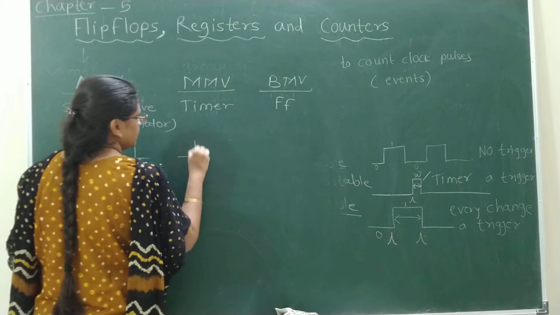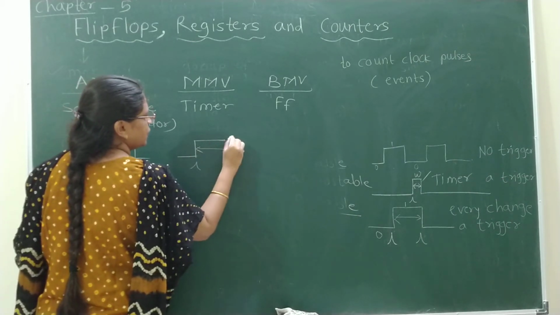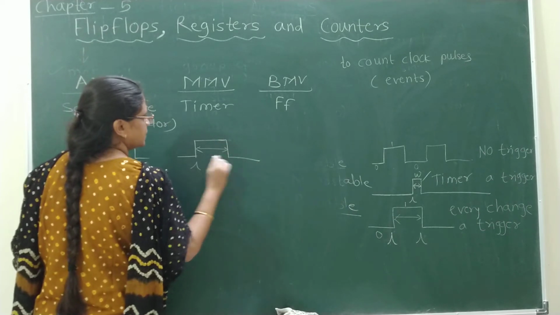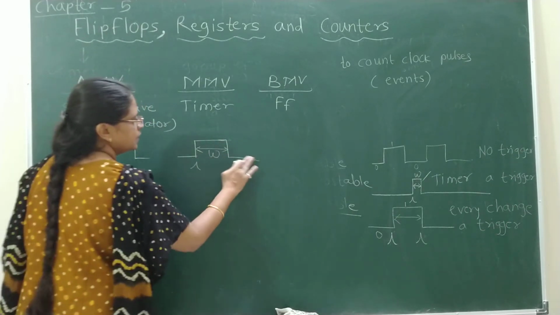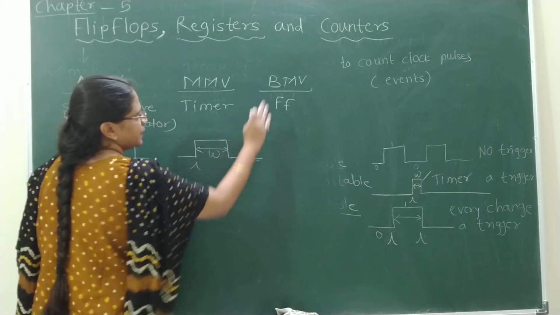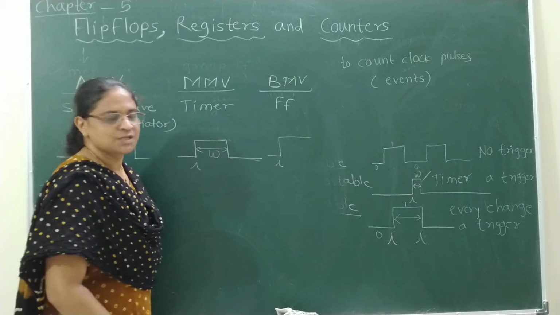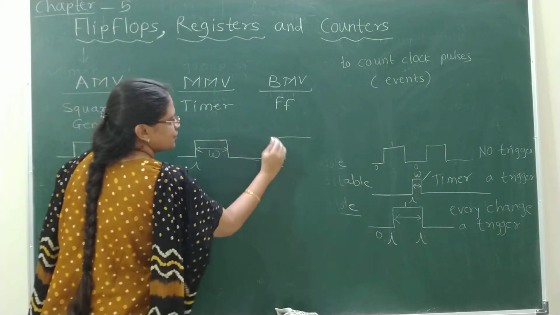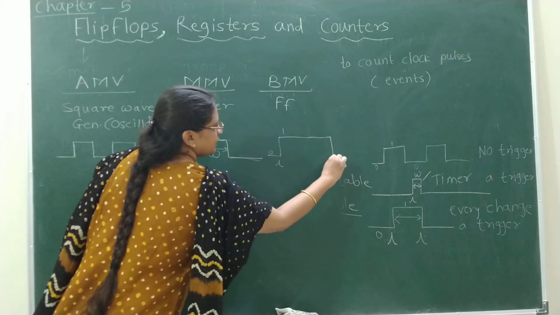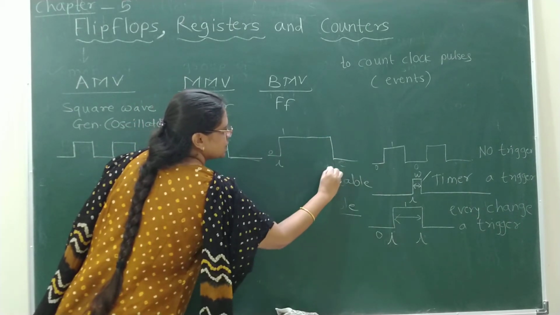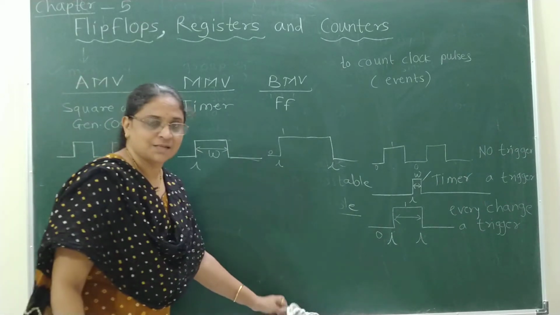Monostable multivibrator, if it is triggered, then it will enter into the unstable state, and after completion of the time period shown by width W, it will return to its stable state. And in case of a bistable multivibrator, here an external trigger was applied, then it changed from low state to high state. Again, whenever you apply the next new trigger, then only it will return to its other stable state.